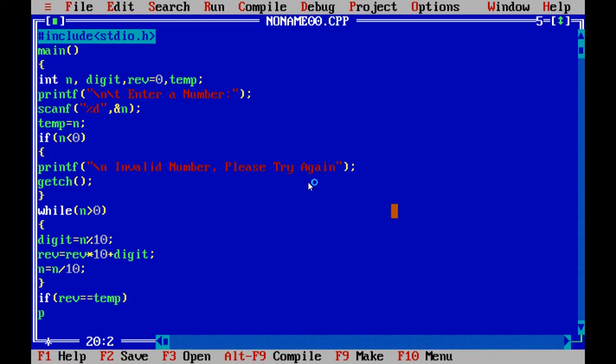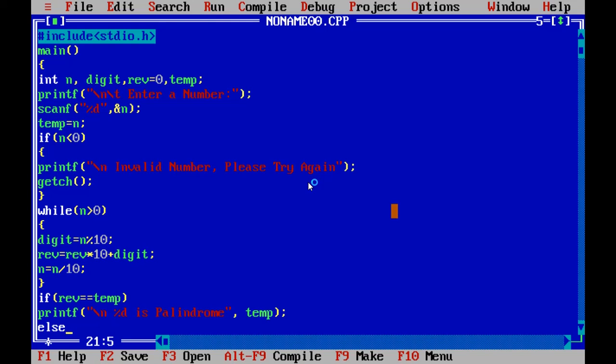If it is true, we will print using the printf function, the temp is a palindrome. This is the else.